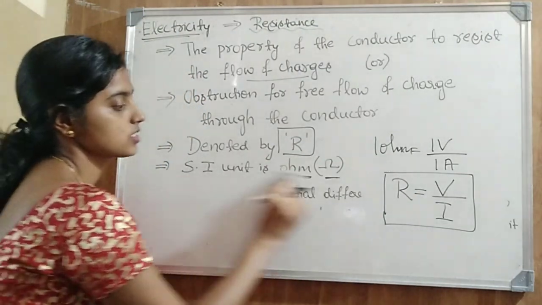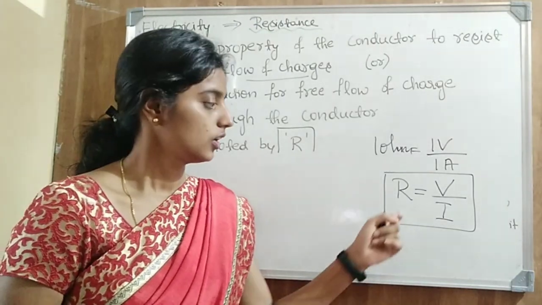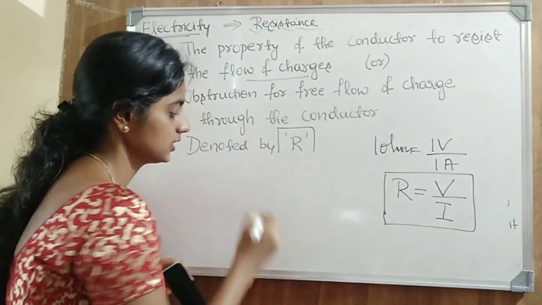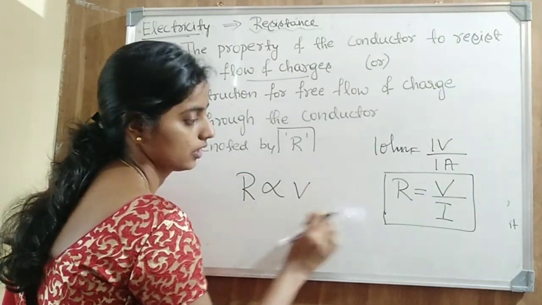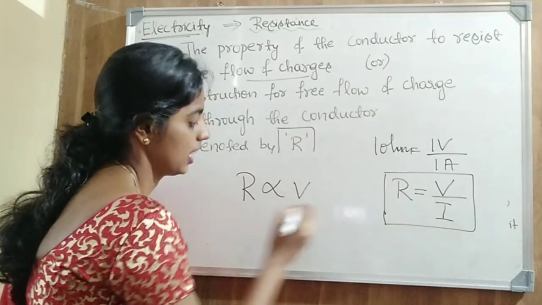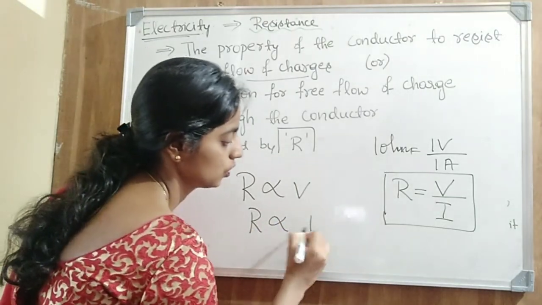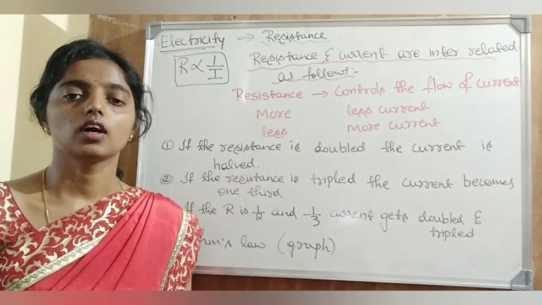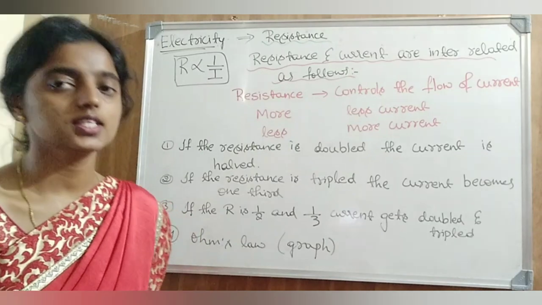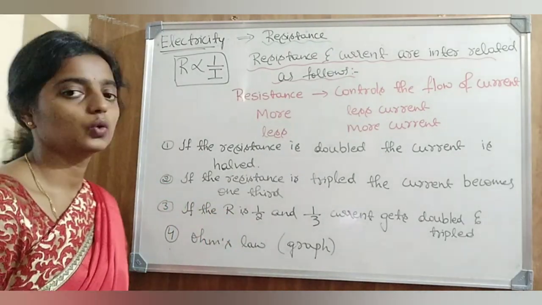Now let us concentrate only on any two variables with resistance. That is, R is directly proportional to V when we neglect I, and R is inversely proportional to I when we neglect V. Now we know that R is inversely proportional to current. Now by looking at this equation,